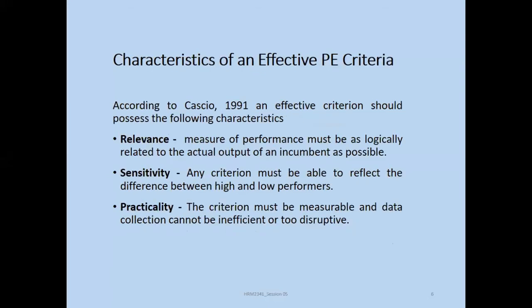If we consider effective performance evaluation criteria, they should have the following characteristics. The first one is relevance. As we earlier discussed about the relationship between job and the organizational primary goal, it should be relevant. It means the measure of performance must be logically related to the actual outputs of the employees as much as possible. It means the performance criteria should be related to what the employee is producing at their job. If there is no relationship between what they have produced and what we are evaluating, it is not effective